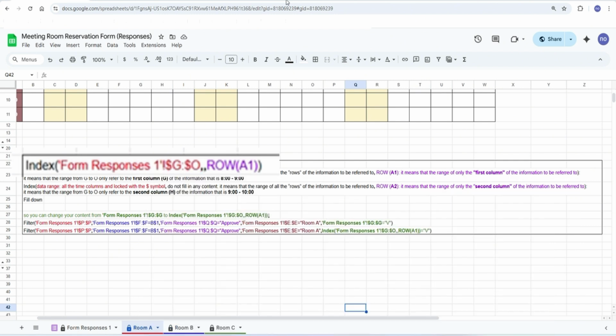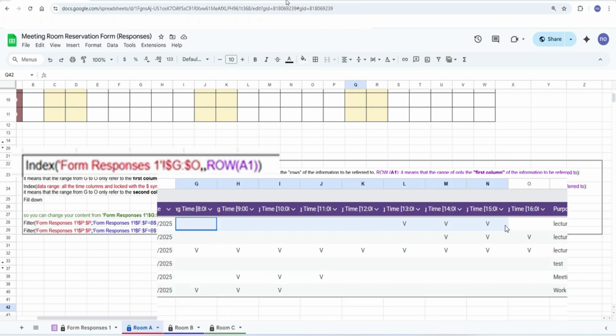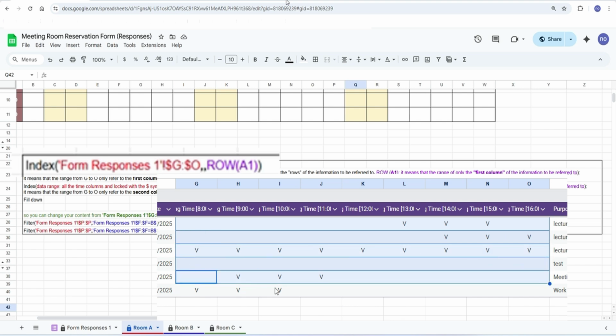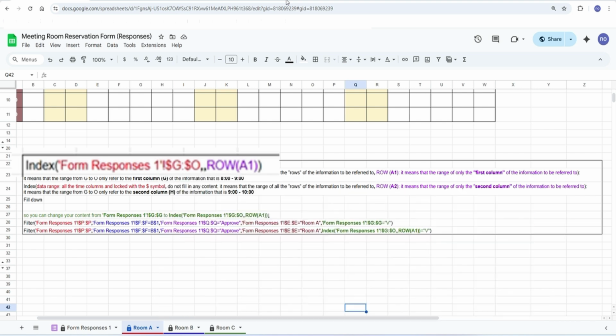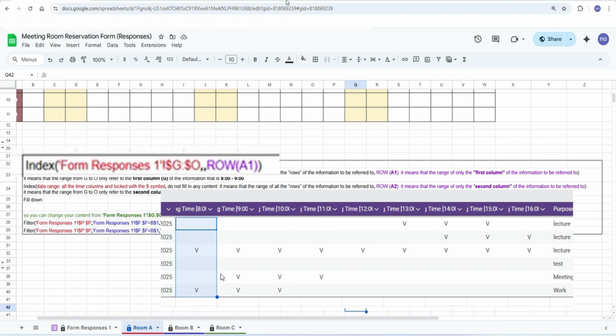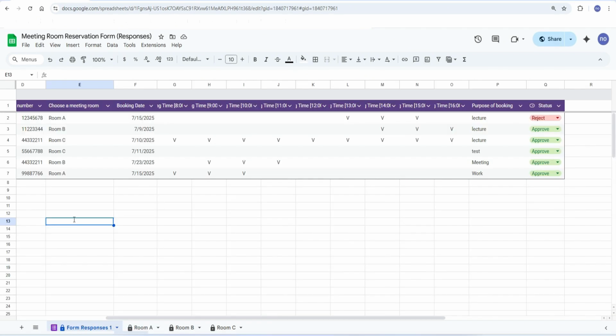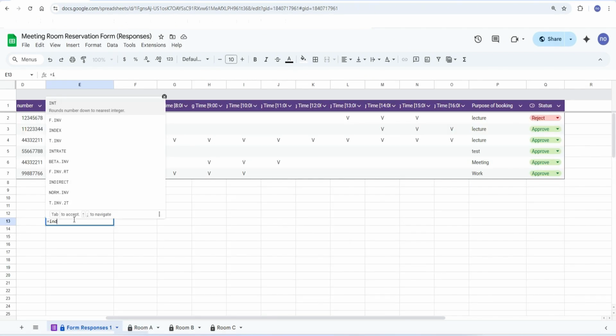Then the reason why my second field was not filled is that I want to use data from all rows in this range of time. And for the third part, we're going to use the ROW formula, which indicates that I want to use the data from the first to last column in this range of time. Now let me show you how INDEX works.